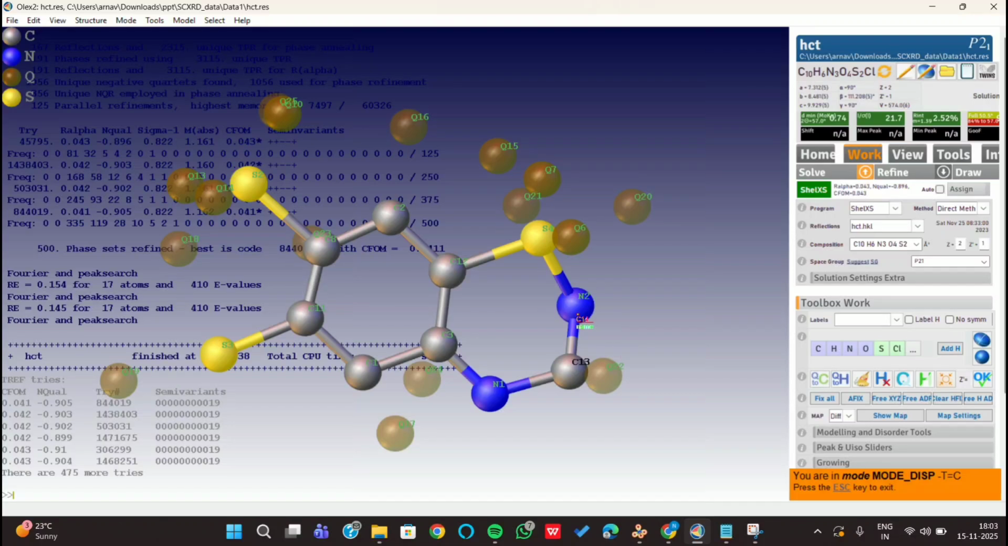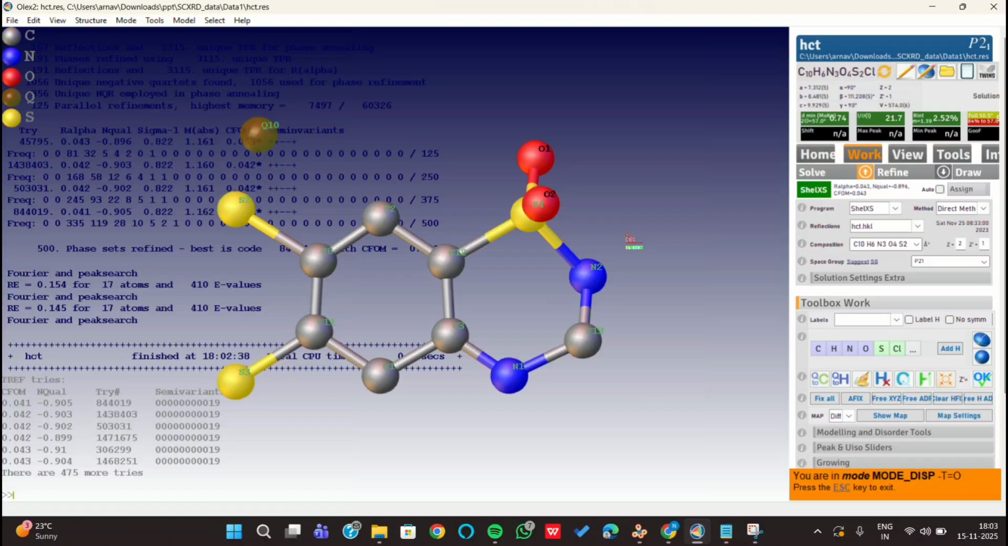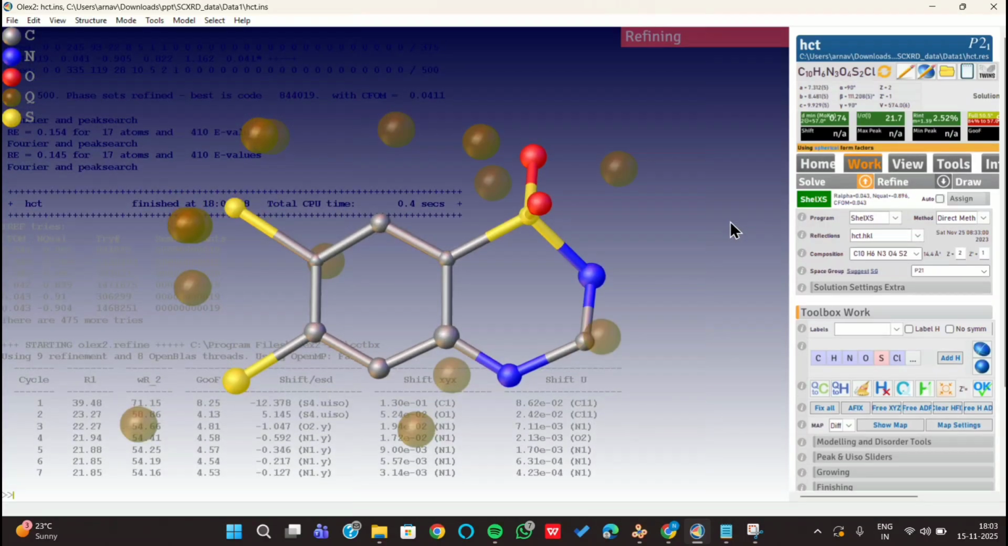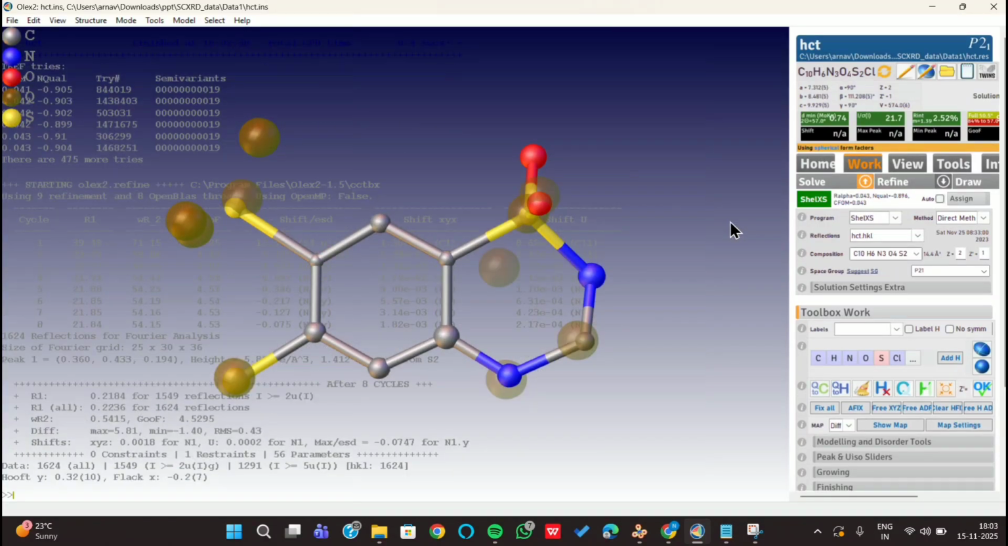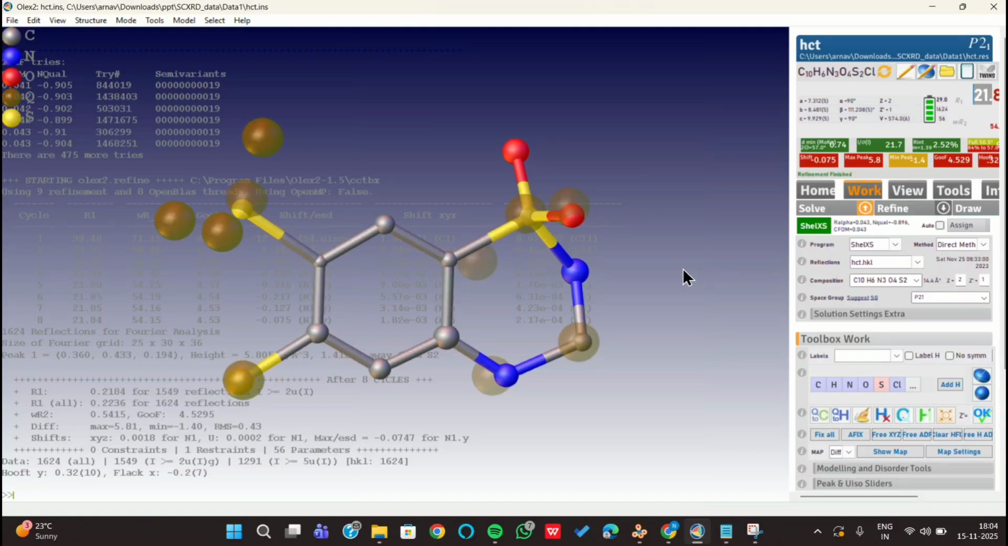Now we'll scroll down the electron density and there are 2 oxygens left on the sulfur, so we'll assign these as oxygen, and now we'll simply refine this. After refining you'll see there's a change of the structure, and you can see the R value which is 21.8, so it should be between 0 to 5. Now we'll try to decrease this R factor,